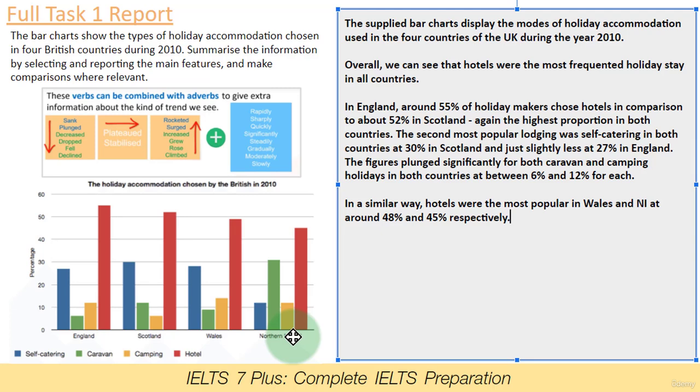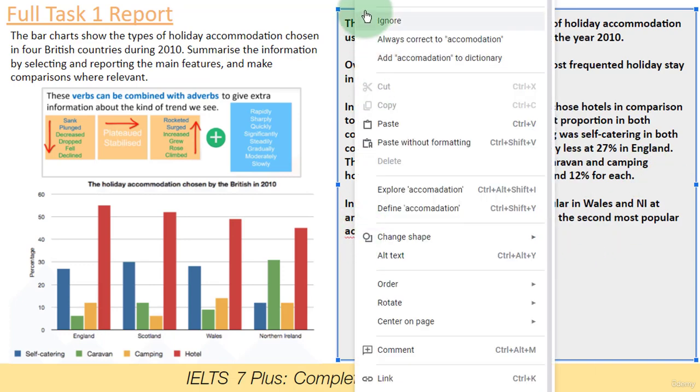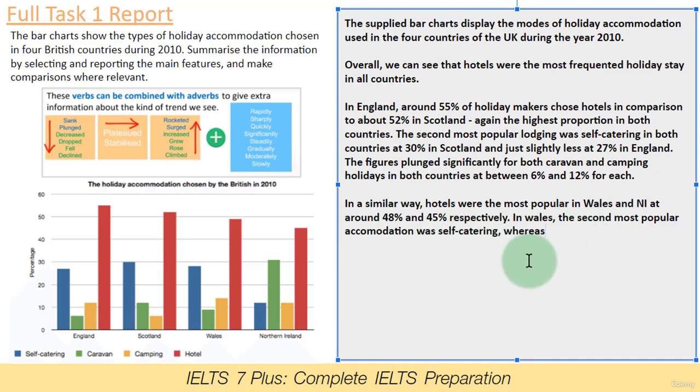Okay, so up next, we can say in Wales, the second most popular was self-catering, although this was one of the least popular modes in Northern Ireland. Let's write this in. In Wales, the second most popular accommodation, have I used that in the previous sentence? I haven't. The second most popular accommodation was self-catering, whereas